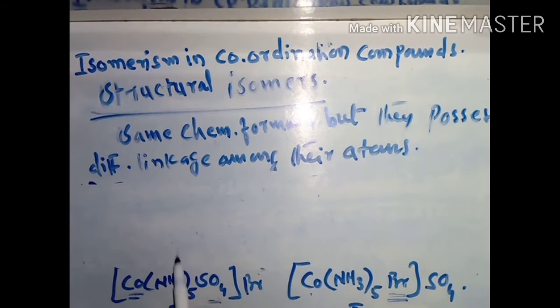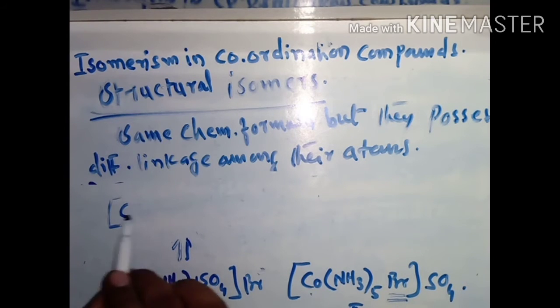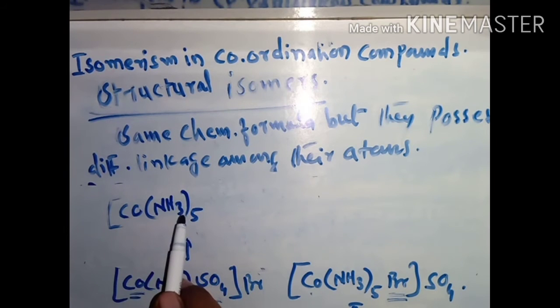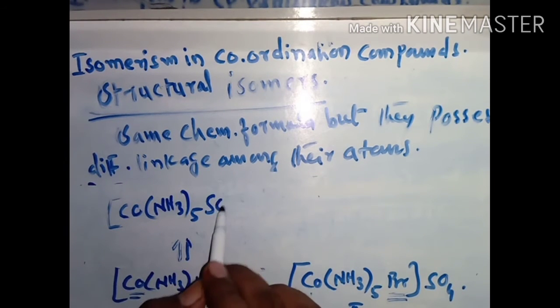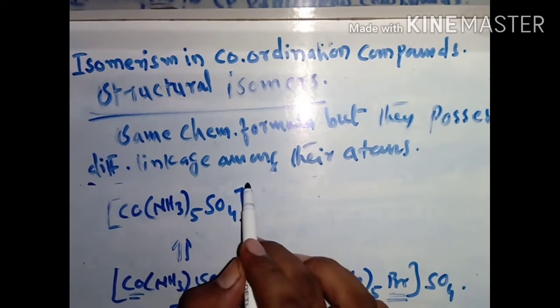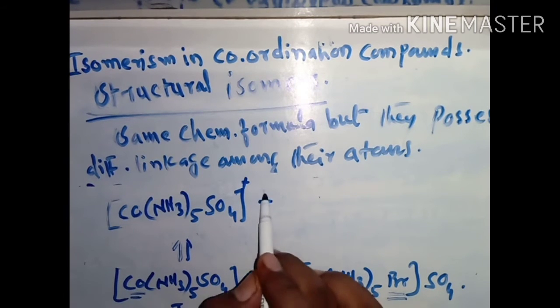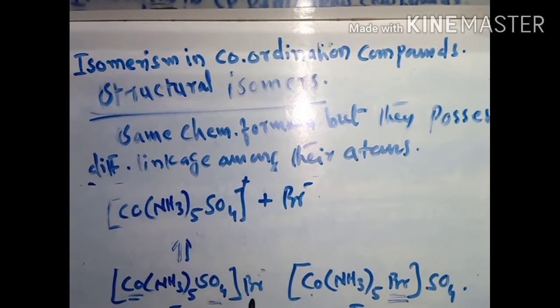If you ionize this first complex, then what happens? This ion will be separated out like this, that is [Co(NH3)5SO4]+ plus Br-. It means this Br will separate into the solution as bromide ions, and